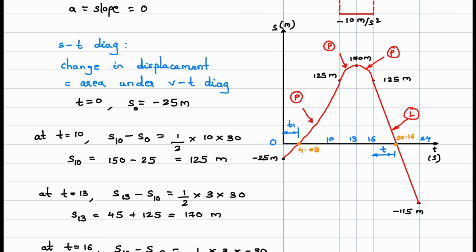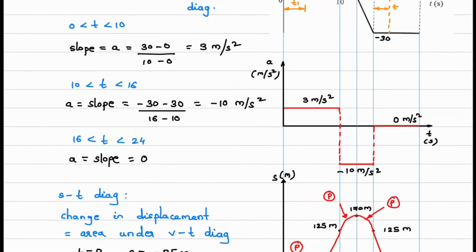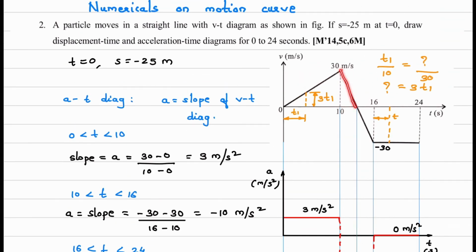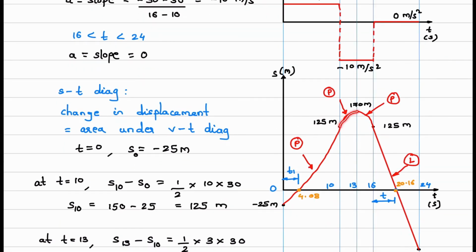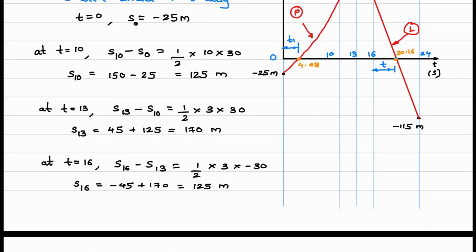After marking this point, we have to draw the curve. How to draw the curve? Observe this. Okay, this part you have to observe. So velocity is ds by dt, slope of ST diagram. Now velocity is reducing, so slope should reduce, and it is positive, so slope should reduce in positive direction. So curve will be like this. Slope is reducing in positive direction. So this is about S at time equal to 13 seconds.